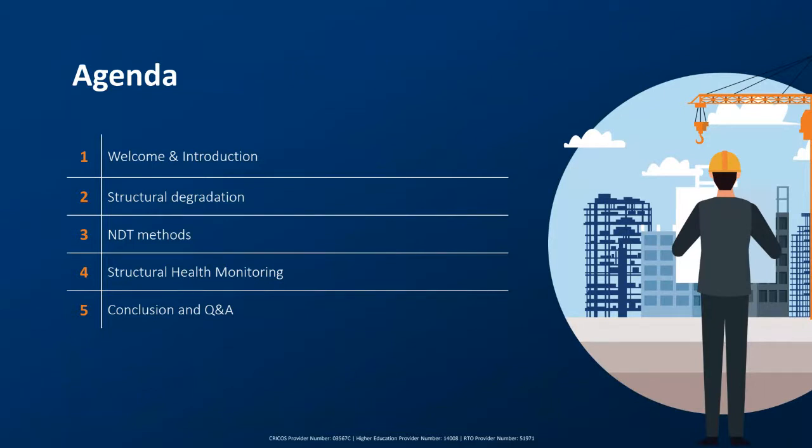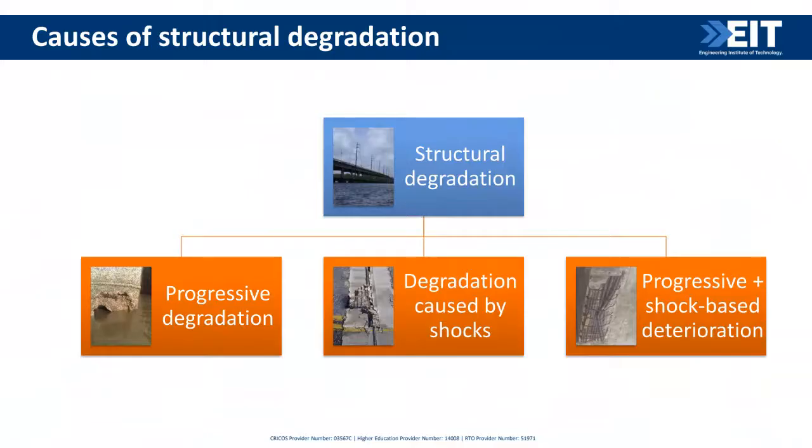And let's start with the causes of structural degradation. So as you can see here, what the main idea in relation to causes and structural degradation, I truly believe from early childhood, one of us will have experienced structural deterioration. Normally, depending on the materials limitations, design, construction practice, or some severe exposure, depends on the environment our structural element is exposed. So these type of deteriorations will cause some problems in relation to not only structural problems, but also